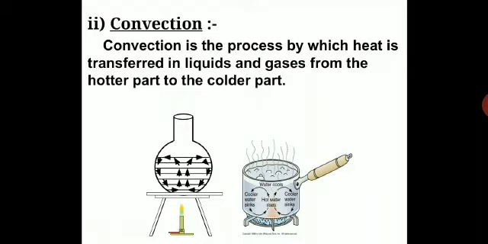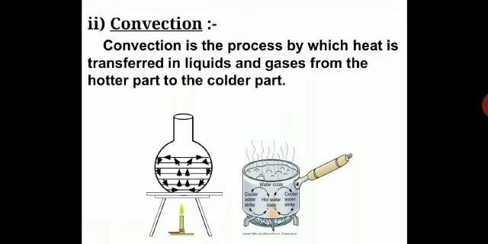Here you can see a round bottom flask in the lab. When you take water and you heat it, it will take time for the entire bulk of the water to get heated up, because of the transfer of heat by convection. Heat will transfer from the hotter part to the colder part. First the water layer at the bottom will get heated, and there will be a convection current set up. The layer will get heated up and it will rise because it will expand. It will rise and another layer will go down, the convection current will set up, and then finally the entire bulk of water will get heated up.